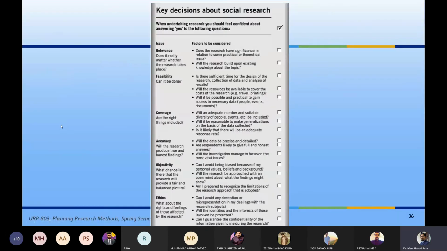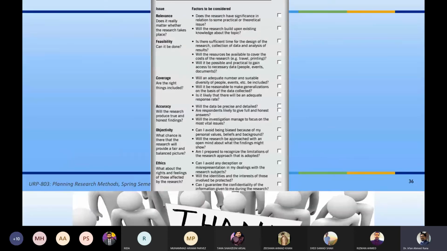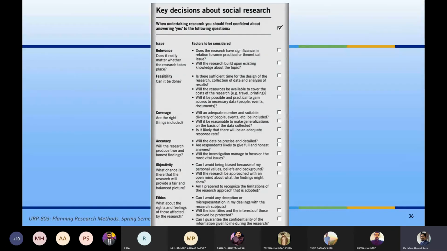Okay, this is another loose checklist which you can use in identifying your research's ethical considerations, that is, are you doing the research on the right path or not? This is another one of the checklists. It was at the end of a book. I'm not sure if I referred to that book. Okay, I'll refer to that book in the presentation, and then you can use this checklist to identify whether your research is ethically correct,